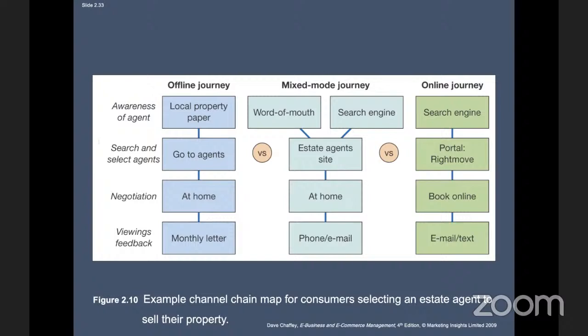Mixed mode journey. What is a mixed mode journey? In it you use a search engine and you rely on word of mouth. It is very important in terms of online, digital or e-business activities. We call it e-word of mouth, or electronic word of mouth. It is very important when you are doing business online or using internet services, because when you are doing conventional business, people come and visit you and check the quality of the products first, and then they go towards buying those products.